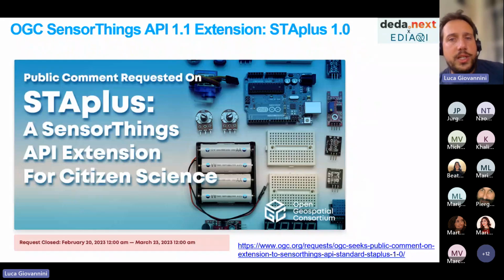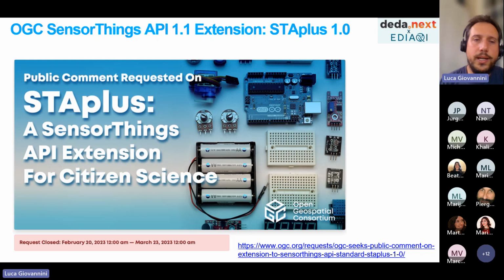Yes, there's a growing interest and use in the standard, so much that it's already in a very advanced stage, the definition of an extension, which is called STA plus. STA stands for SensorThings API, and plus for plus, meaning an extension.